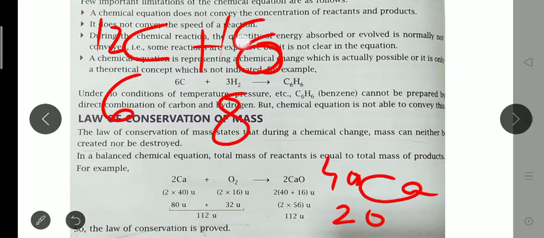So here we can calculate the mass, or prove that